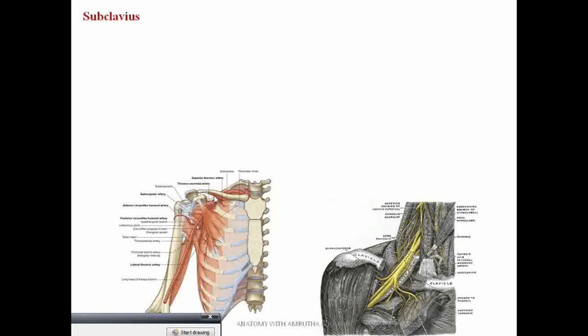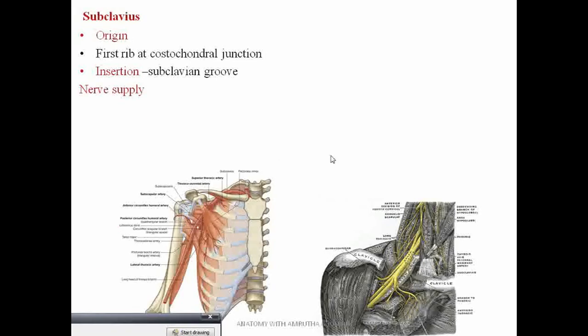The next muscle here is subclavius. I said subclavius is a small muscle which is placed just below the clavicle. Origin: first rib at the costochondral junction. Insertion to the subclavian groove. The subclavian groove is placed in the clavicle. On the inferior aspect of the clavicle, there is a groove called the subclavian groove where the subclavius muscle is inserted.